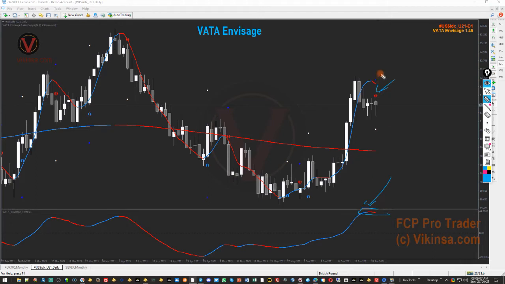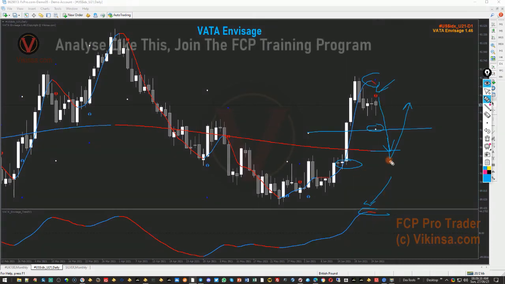We have red color, we have red color, we have signal, and that means the market is expected to reach this particular profit target. And remember, we never actually came back to retest Vata curve as well. So if it starts to go down, then it can come down all the way to Vata curve. In fact, close the gap somewhere around here. That gap is not visible on all the feeds, but there is one here, so it can come down all the way down to here before it starts to move up. So you have to be careful with this, because the Vata is also showing that it can fall down.